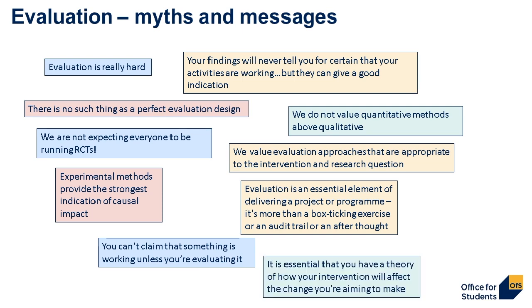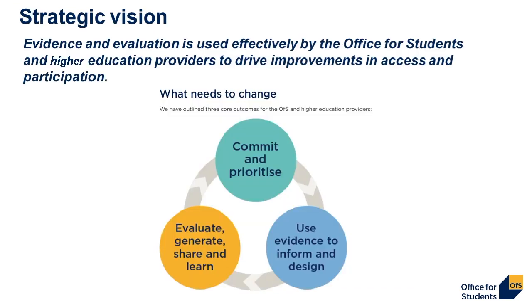The most important thing, which we'll be discussing throughout the webinar, is that you have a clear theory behind what you're doing. So you understand the change that you're looking to make, that you have evidence that a particular intervention can affect that change, and that you know how to collect the data to measure it. And if that's clear, you can start to build your research design on top of that.